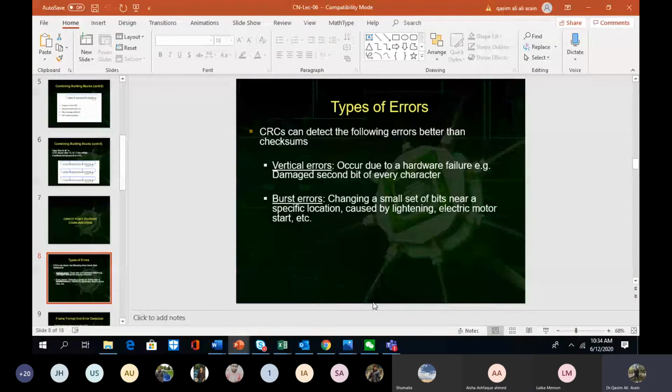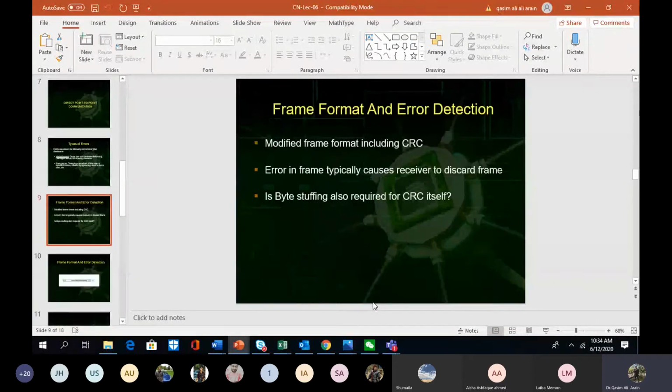So this sort of mechanism or error detection is called vertical error detection. ठीक है जी. और burst error आपके पास क्या होता है कि let's suppose if you have 4, 5 or the whole byte of data which contains certain sort of error. If we are going to detect such errors, they are called burst errors, right? So these are the errors which are going to be detected by your CRC, right? Checksum is not capable enough to detect these vertical errors as well as burst errors, right?